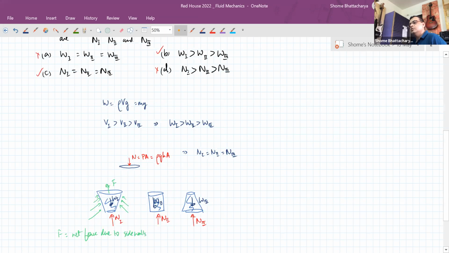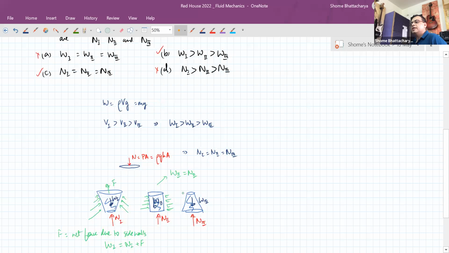Okay. So in this case, what is happening is that W1 is balanced by this normal reaction plus F. Whereas in the second case, the side walls are applying forces which are like this. So the net force due to side walls is 0. So in this second case, what is happening is that